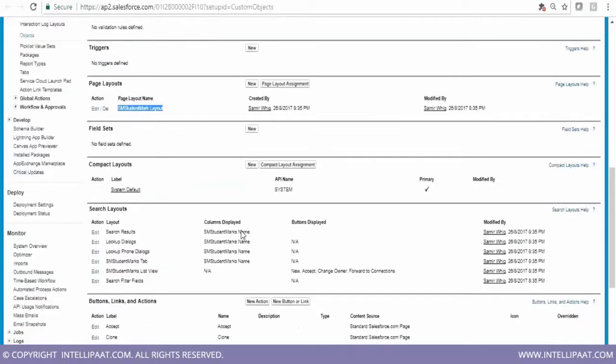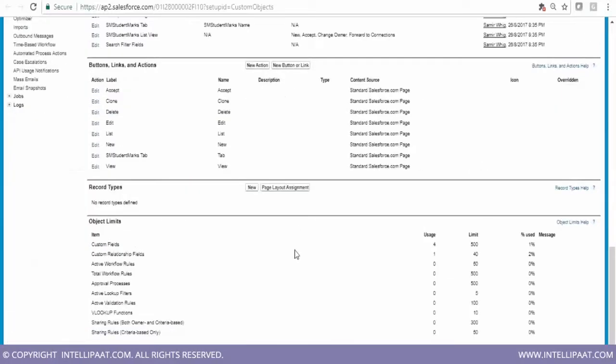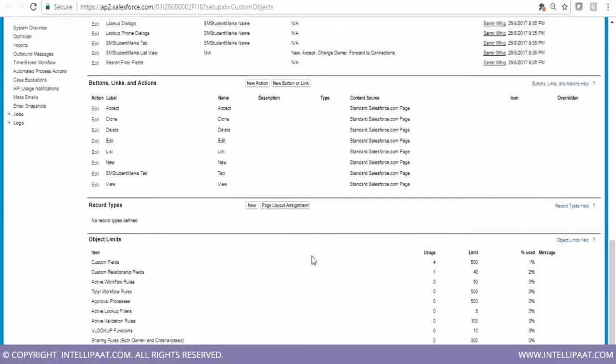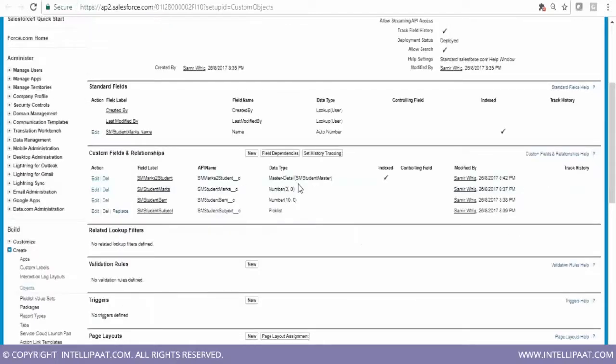Which gets indexed automatically, did you say? Name, is it? The relationship field. Okay, okay, sorry. Relationship field. Oh, okay. Automatically indexed. Yeah, indexed. Okay, so